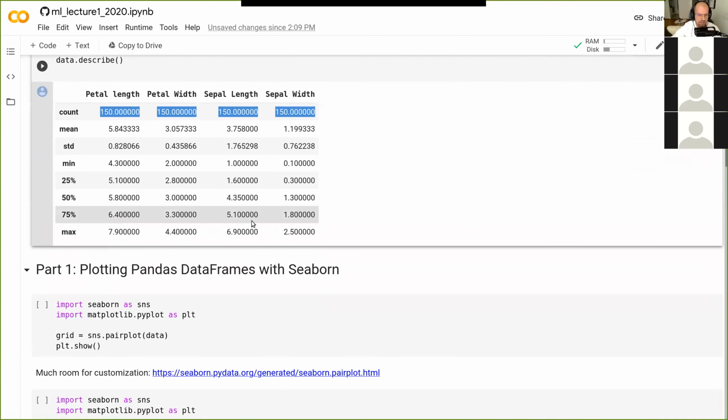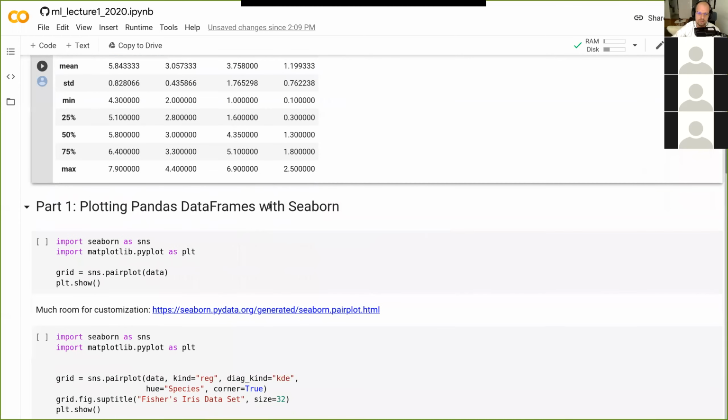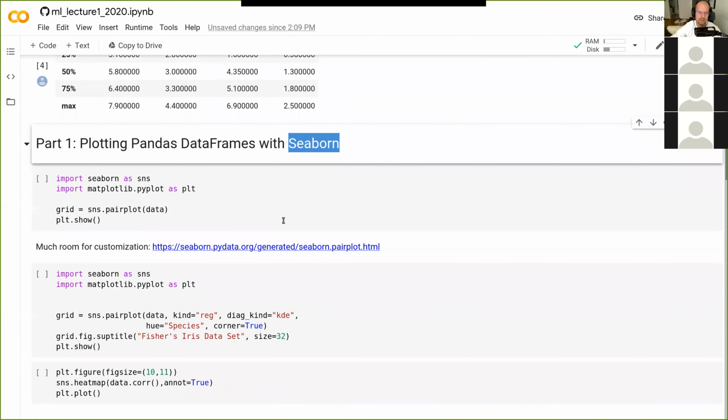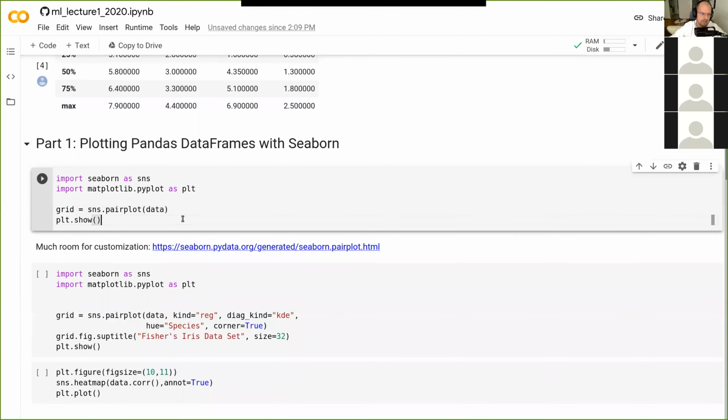Okay, so the next thing is these data frames are also really useful for plotting. And for that, we can use a Python toolkit called Seaborn. So Seaborn is related to Matplotlib. In the introductory part, we used a lot of plotting from Matplotlib and PyPlot. And Seaborn is basically a wrapper around that, which makes it very easy to generate some very advanced plots. And here I'm going to show you something called a pair plot.